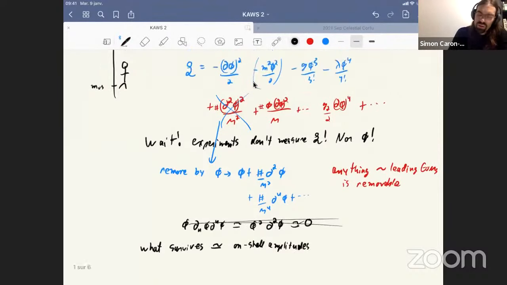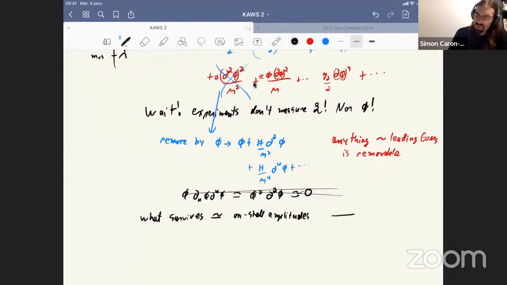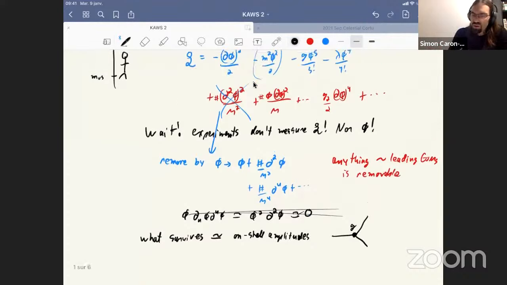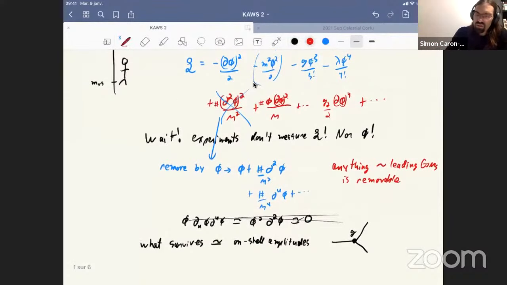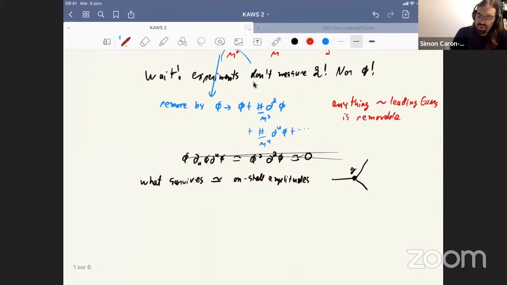You don't have to include corrections to the cubic term, because for scalars, there's only one possible on-shell vertex you can have. It's just some coefficient here. Maybe you can shift the coefficient, but once you measure this on-shell 3-point coupling, there's no more information. You can always write it in a phi cubed form. And then after that, we have M3, and then you have M4.